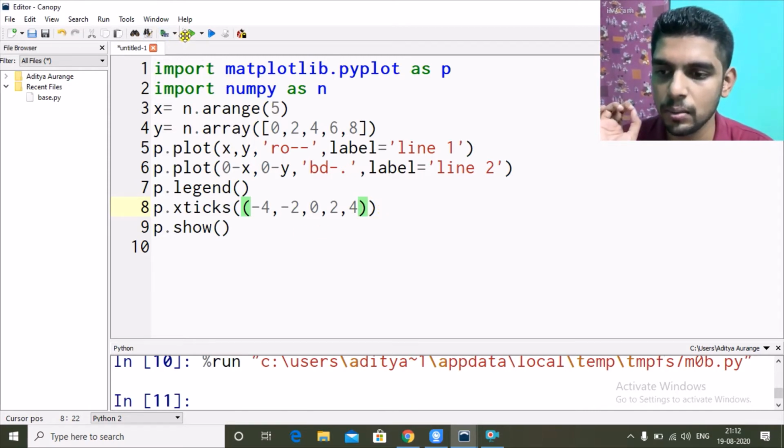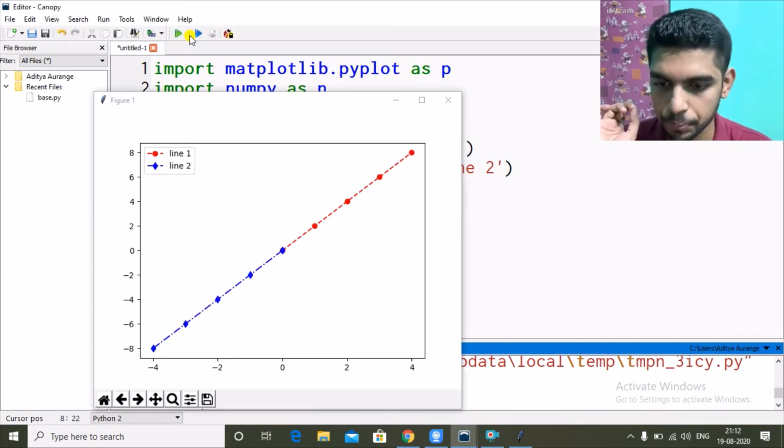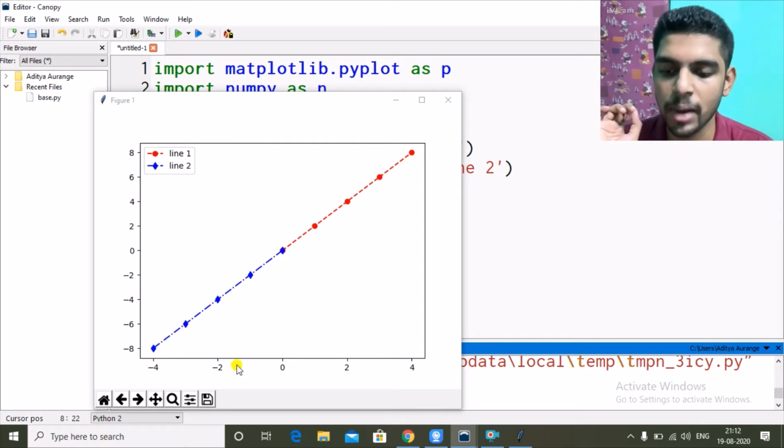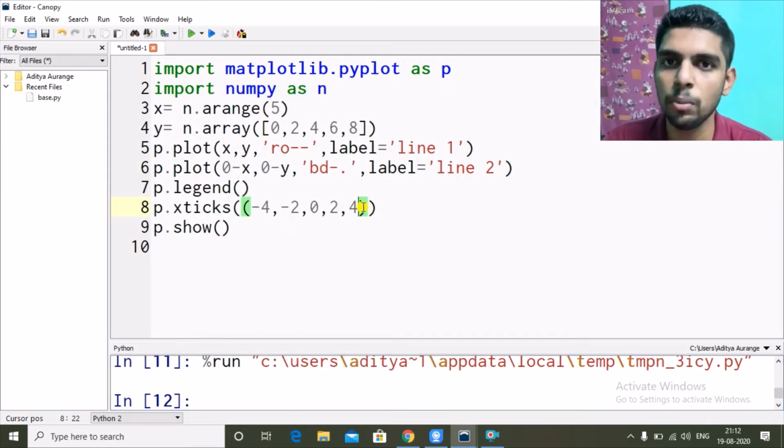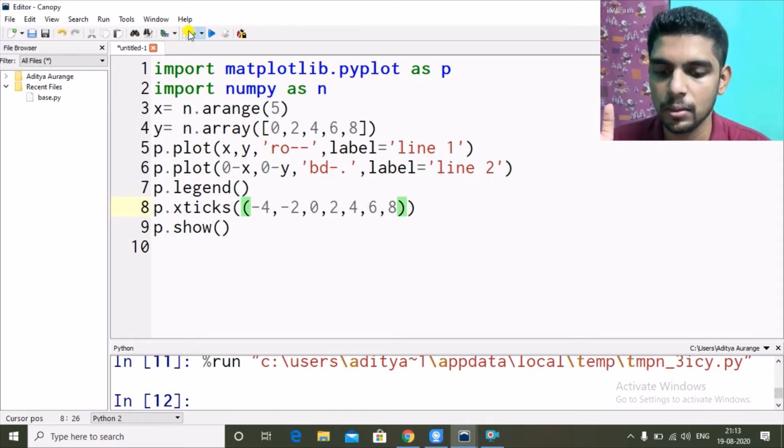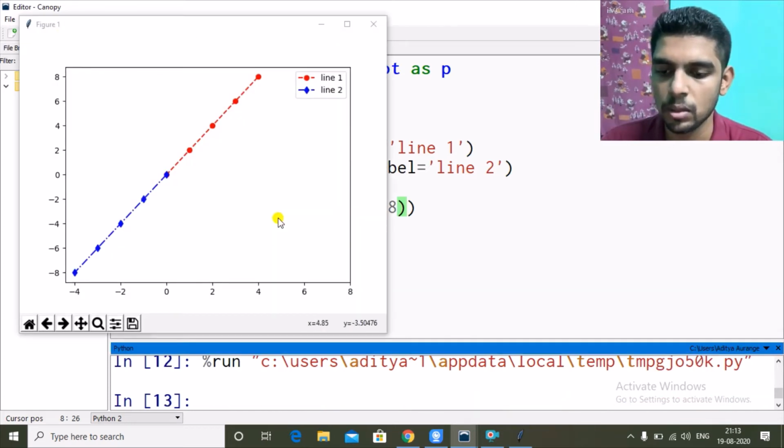So if I run it, now you can see on the x-axis -4, -2, 0, 2 and 4. So using this x-ticks we can do this. Now our graph is from -4 to +4. So if I give 6, 8 as well, it will also include that. Okay. So if I run it, our graph is still +4 only.